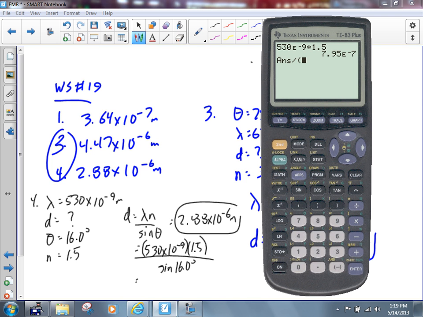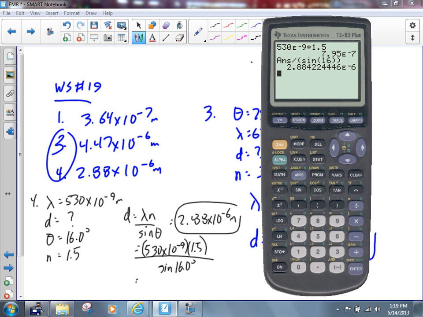Divide that by sine 16 degrees. Make sure you're in degree mode. Okay, let's end the brackets around the 16. Let's end the brackets around the sine, and we end up getting 2.88 times 10 to the minus 6. Okay. Yeah. You're getting it now, though? Okay, good. All right, what I'd like you to do right now, please, is to flip over the page